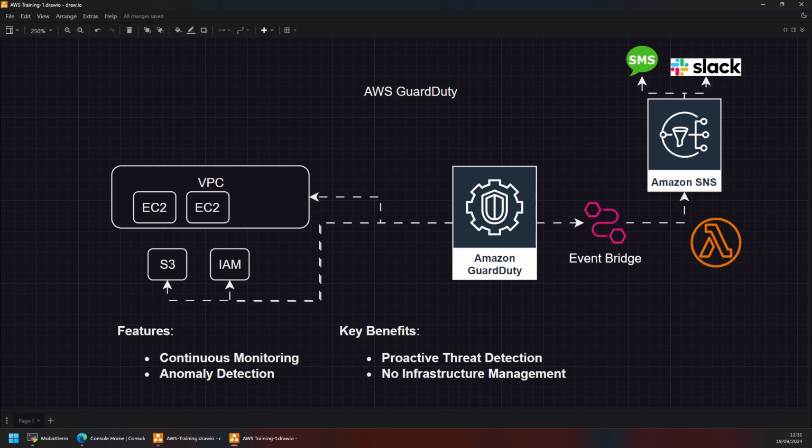In this video, we are going to talk about Amazon GuardDuty. GuardDuty is a detection service that continuously monitors your AWS account for malicious and unauthorized behavior, including abnormal API calls or compromised instances. You can remember it like it does the duty of guarding your